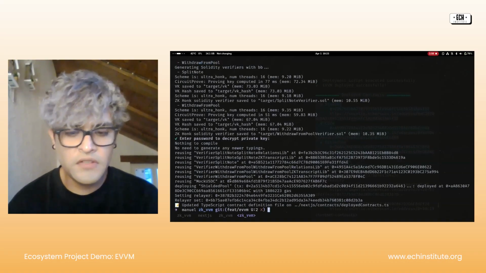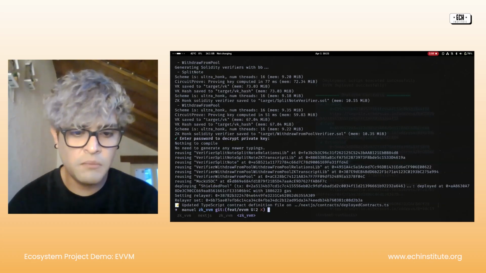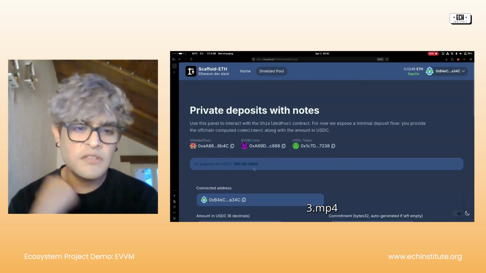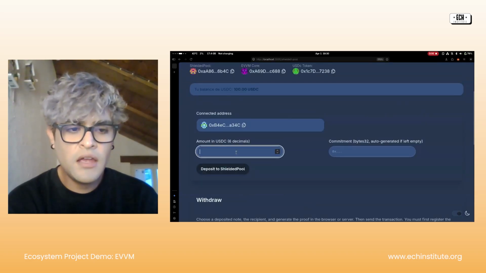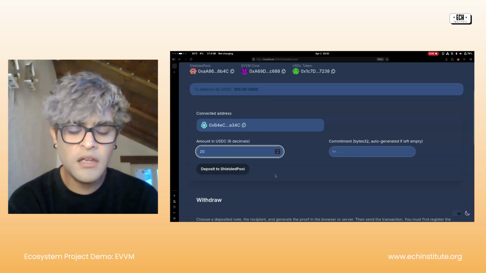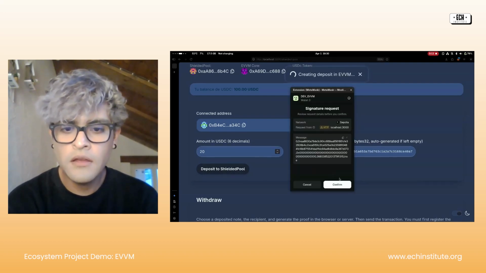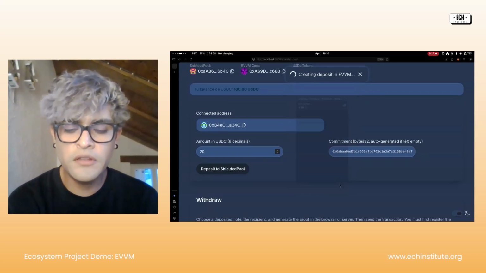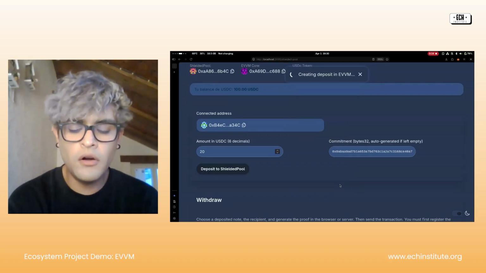If you see right there, the deployment is complete. After this, we use a simple example. One is a deposit into the pool. We generate our commitment, we confirm all the signatures for that service, and immediately make a deposit into our ZK vault.